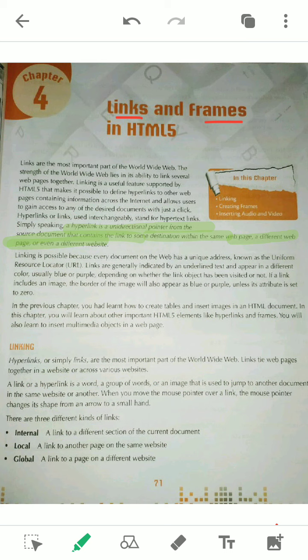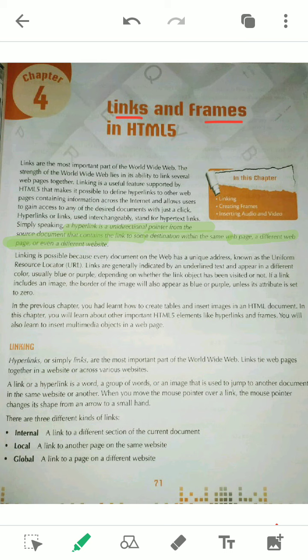It means when we click any link, it will go to one particular link. It will not open four or five links for a single click. It is always unique. After clicking, it may be within the same page, for example you click from the top and the page just scrolls down. That means you are not moving from the page, you are within the same page. Sometimes we click a link and it goes to the next page, or maybe a different page.